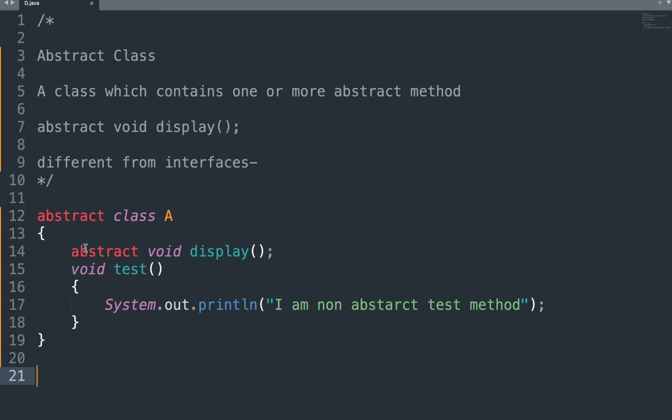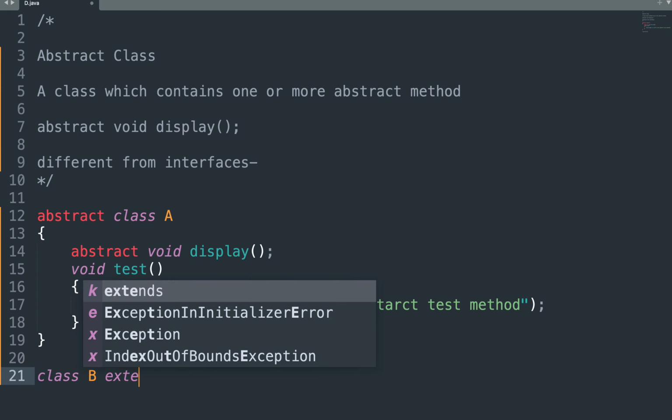Now, how to use this abstract class? We cannot directly instantiate, we cannot directly create objects of this class A because this class A contains one abstract method. So we have to first define the body of this display method, and the body of display method will be defined in the class which will be inherited